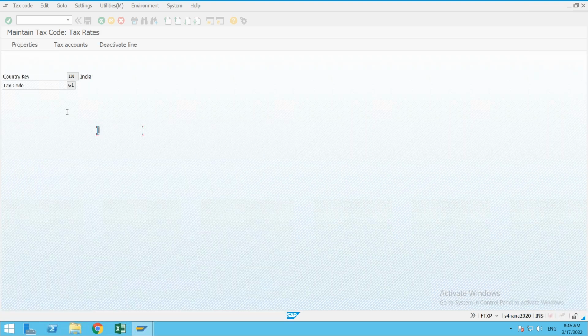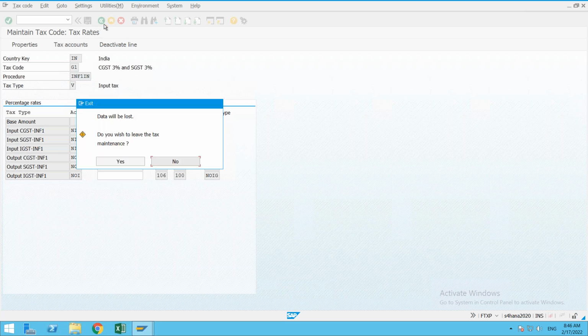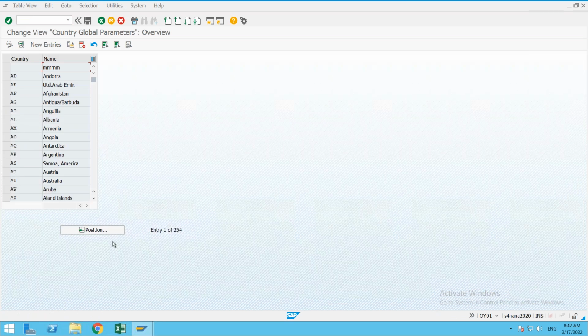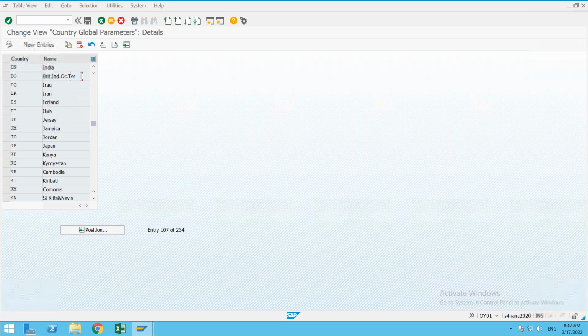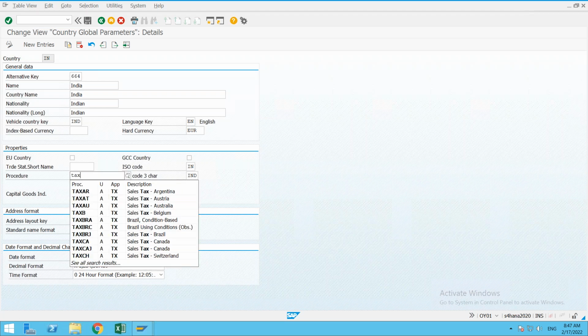What is the tax procedure? If someone has changed it, then again someone has changed this one. Let me show you the standard error we are receiving. Okay, fine, ignore that; not required now. Usually we use GST.